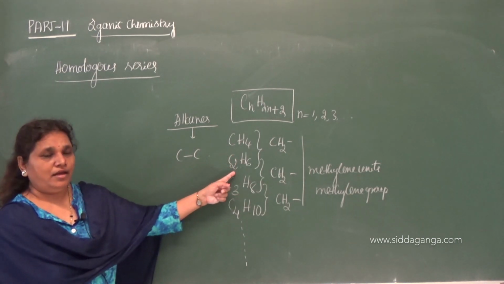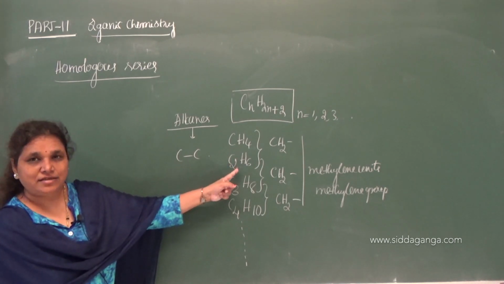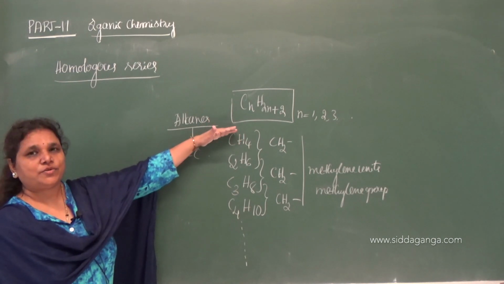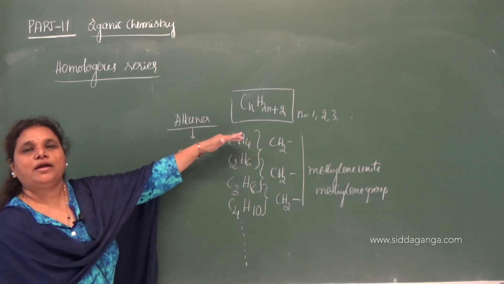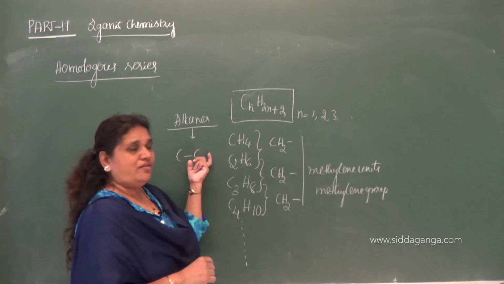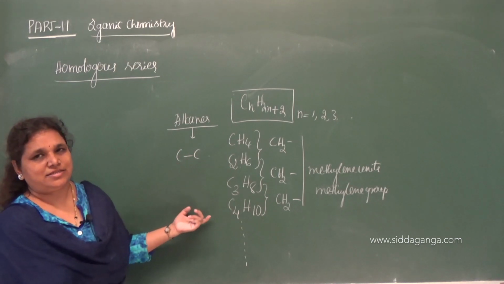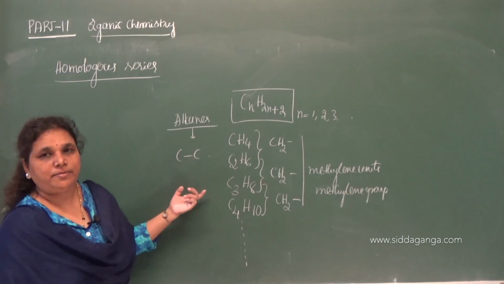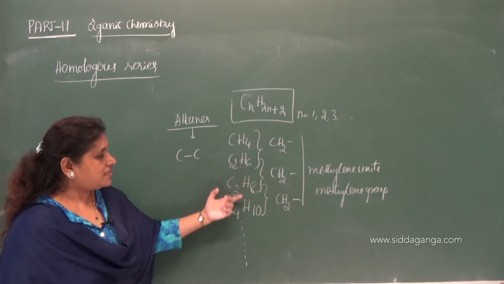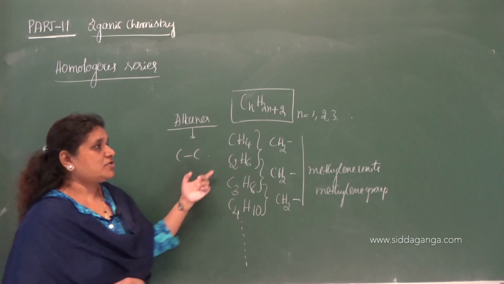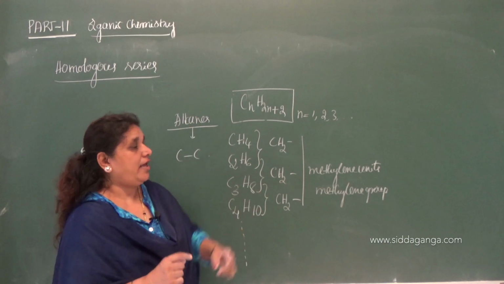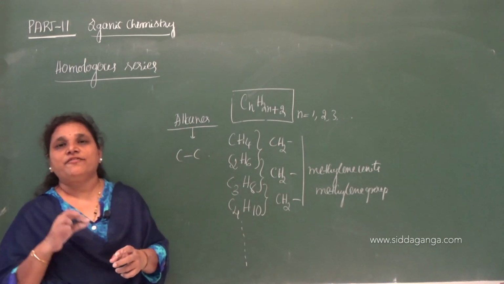In the case of ethane, there is a carbon to carbon single bond. But in the case of alkenes, the next unsaturated hydrocarbons, a minimum of 2 carbon atoms is required for the formation of a double bond. One will be the pi bond, another will be the sigma bond. So the members of the alkanes belong to one general formula, that is CnH2n+2, and n indicates the number of carbon atoms.